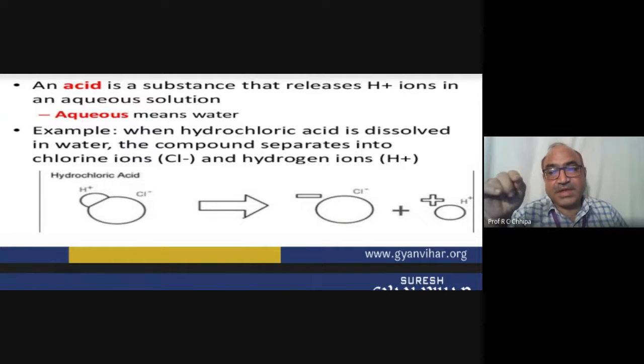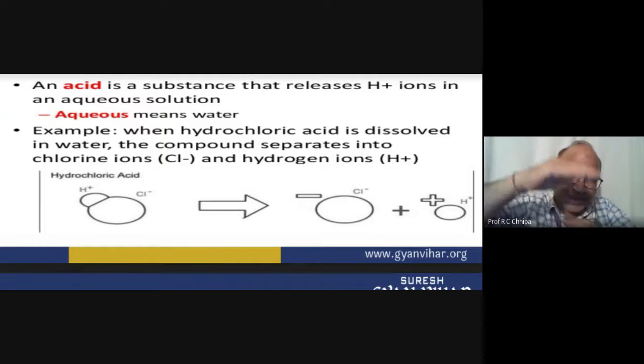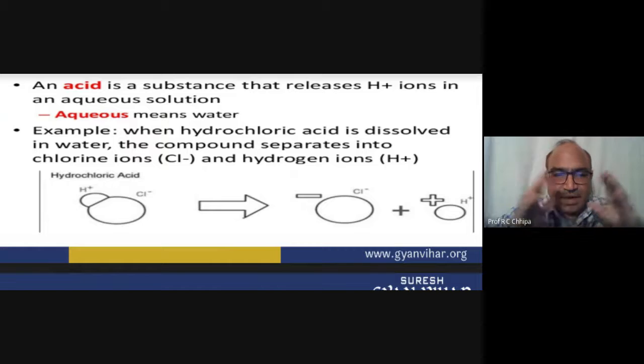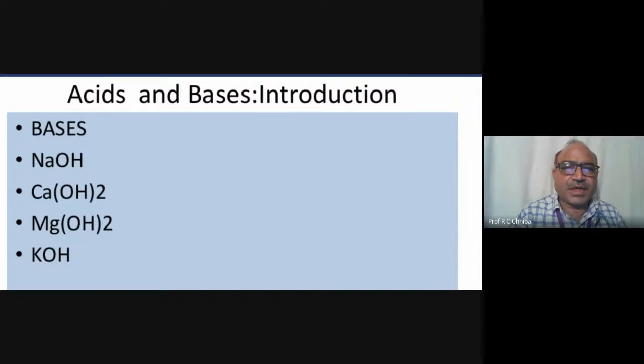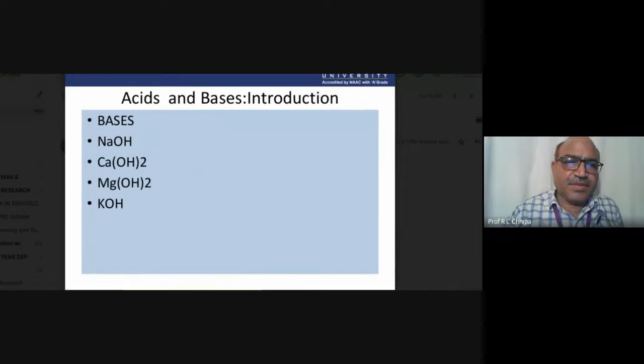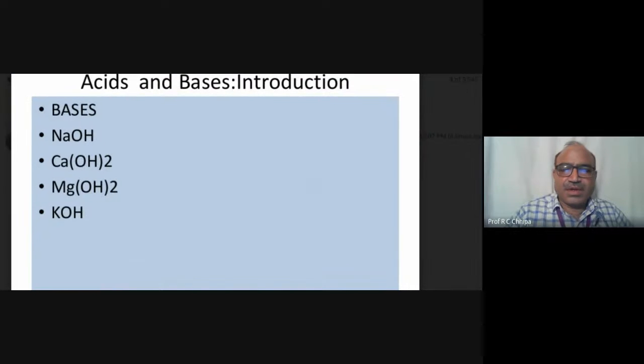So HCl, hydrogen chloride, is a gas. Then this is passed under pressure into the water, and we get hydrochloric acid. The meaning of acid clearly indicates that H positive is given. Similarly, for bases, we can say they give aqueous hydroxyl anion, OH minus. So hydroxyl groups are there in the respective